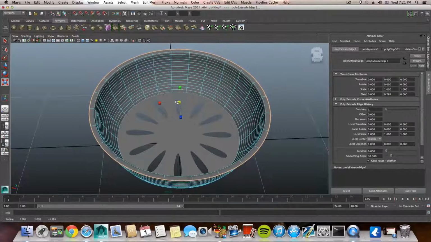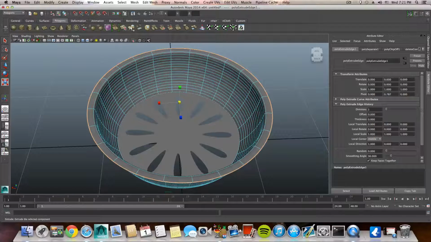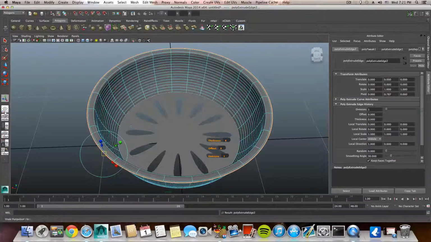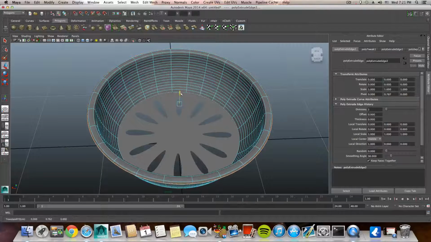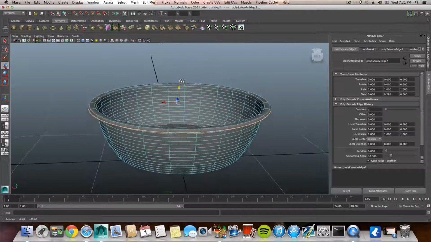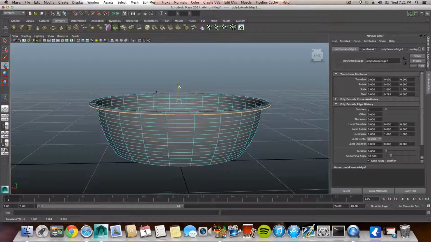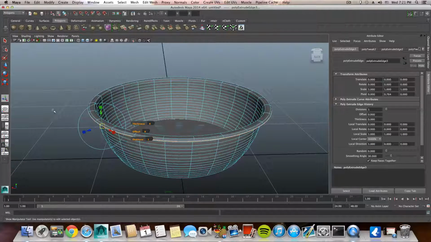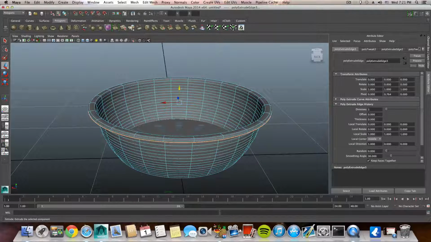Okay, extrude it to about so, and then extrude it once again, and then switch to the move tool and do something like so. Okay, extrude it once again, and bring it down a little bit more, extrude it once more,